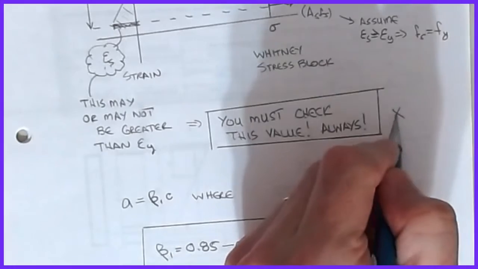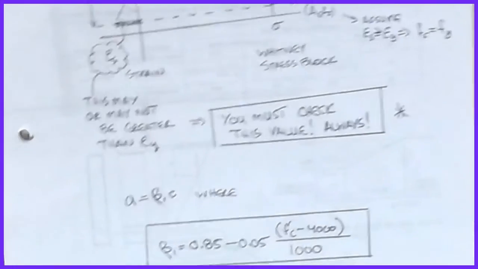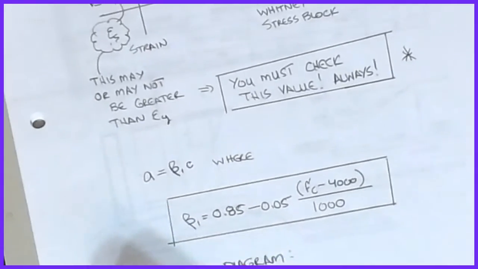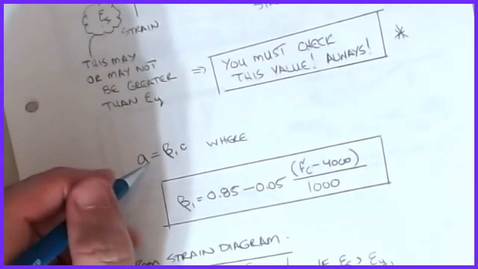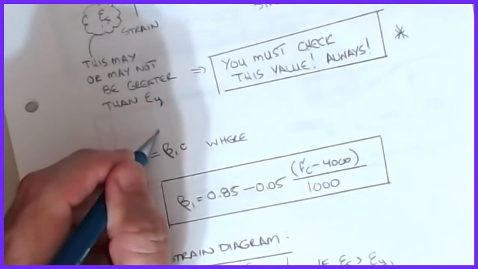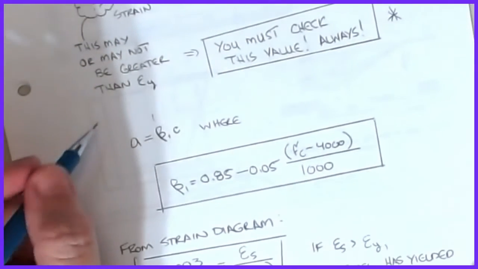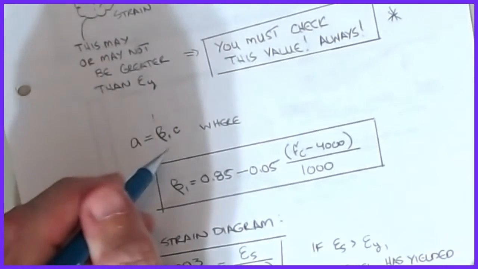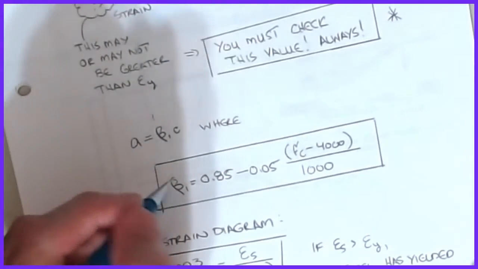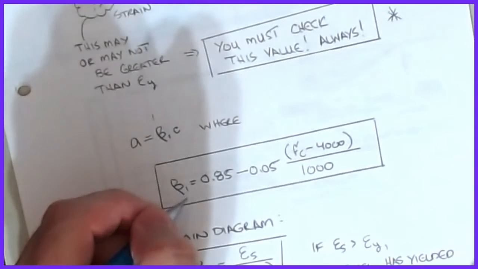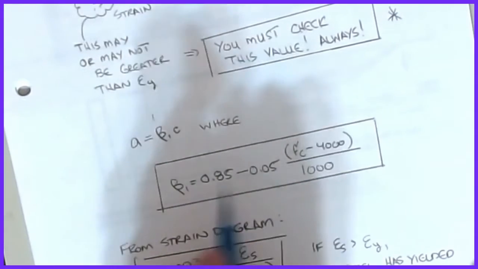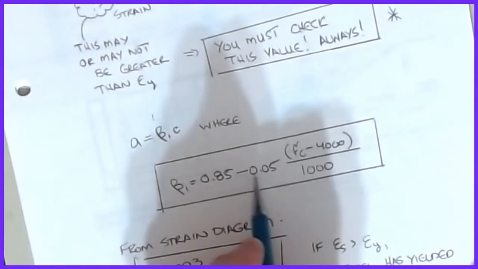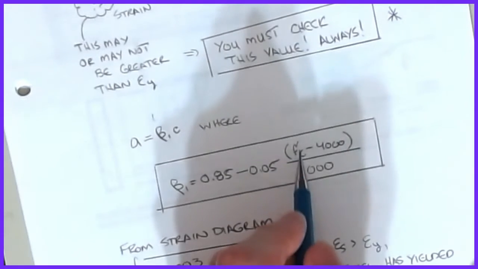This is the biggie. You've got to verify that. Now, if we go through and look, he used a equal to beta 1 times c. Well, what is this calibration factor? All it is, it's a variable, just like those alphas and betas in the equation that I showed you from last video. He called beta 1 simply this equation, 0.85 minus 0.05 times